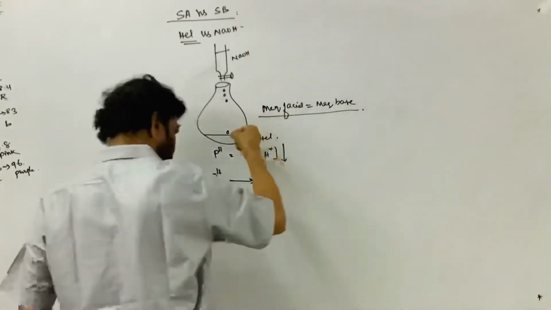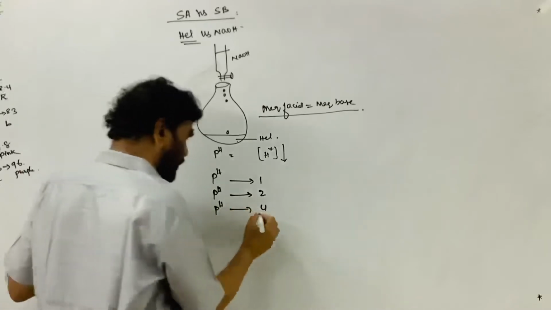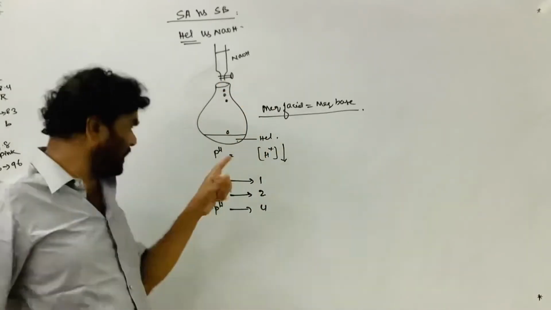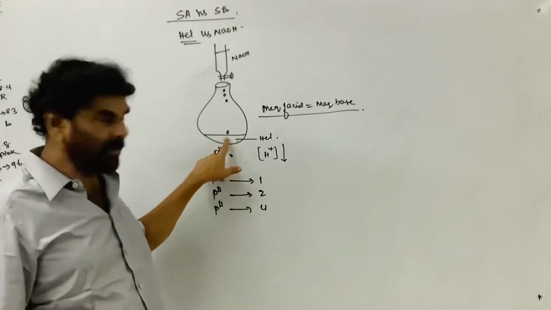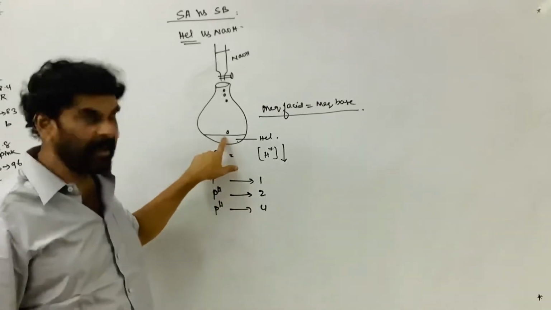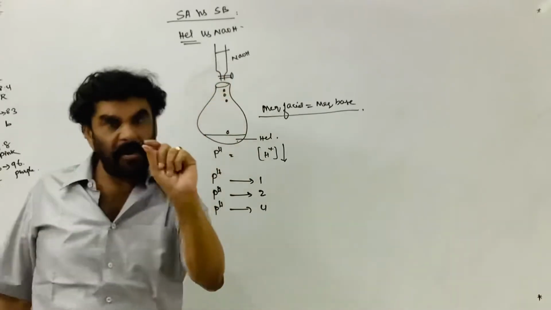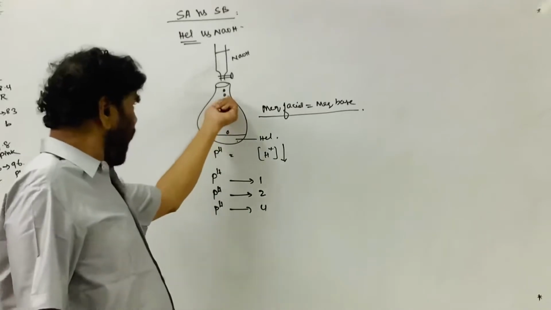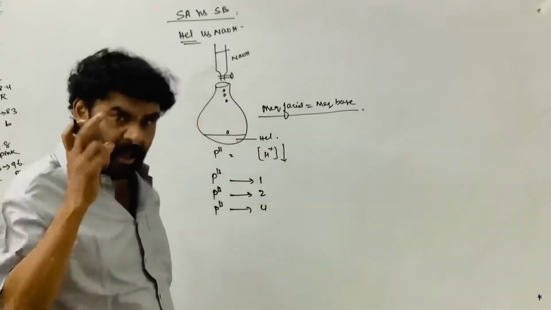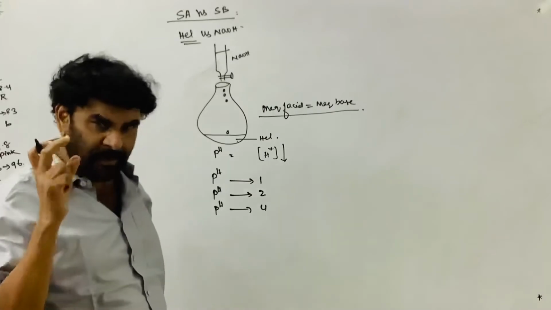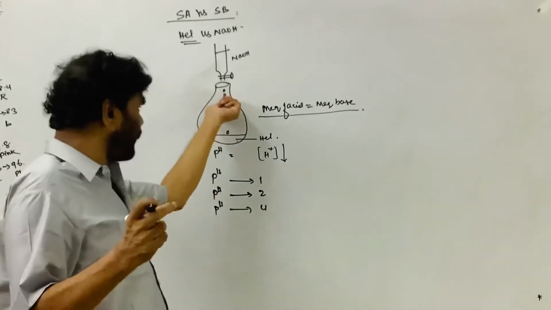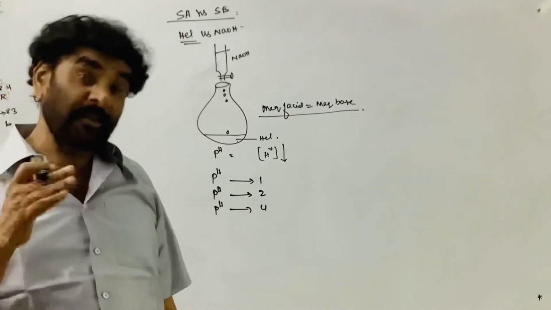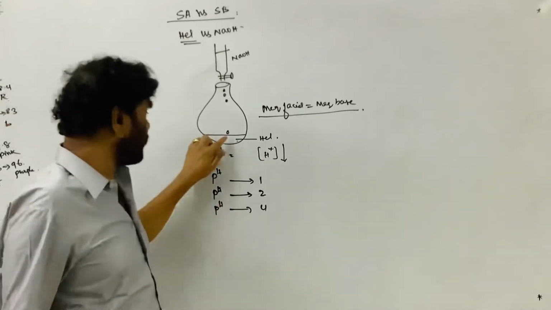Now you are adding further. You are adding in the form of drops. There is H plus ion in the solution, due to which the solution is acidic, and you are adding the sodium hydroxide drop by drop. Now what happens? The amount of sodium hydroxide carried along with the last drop is more than the H plus ion present in this solution.